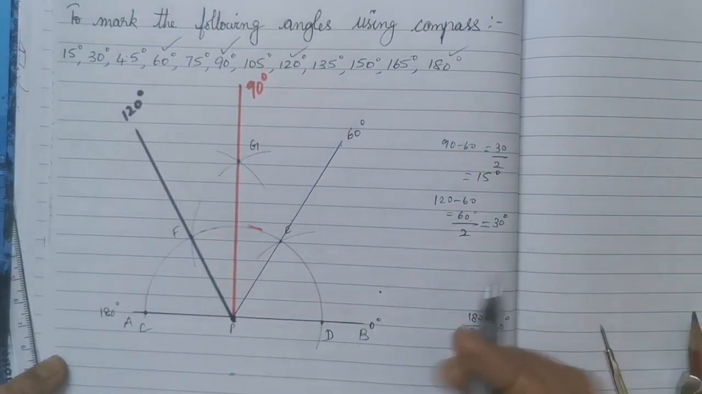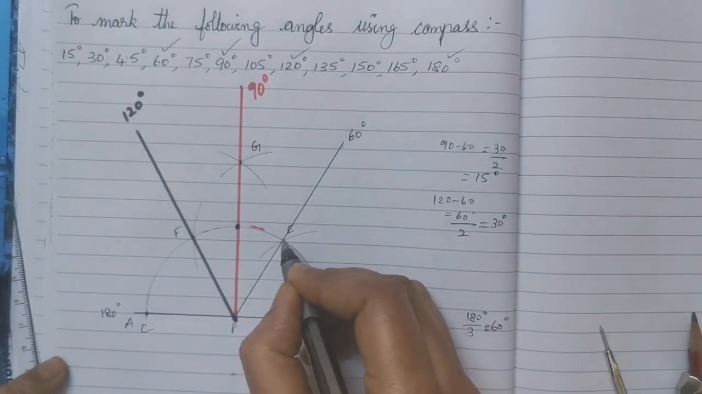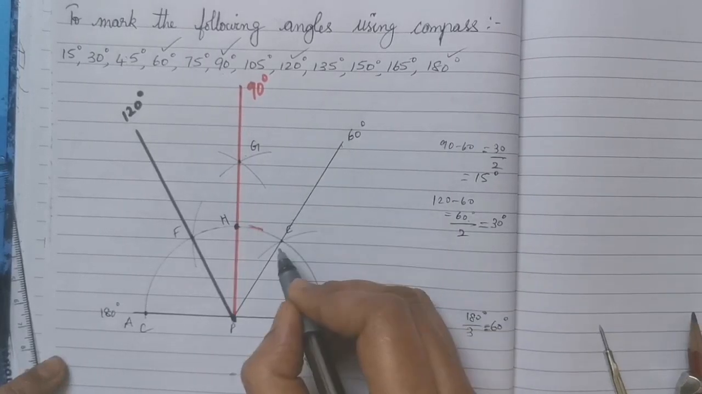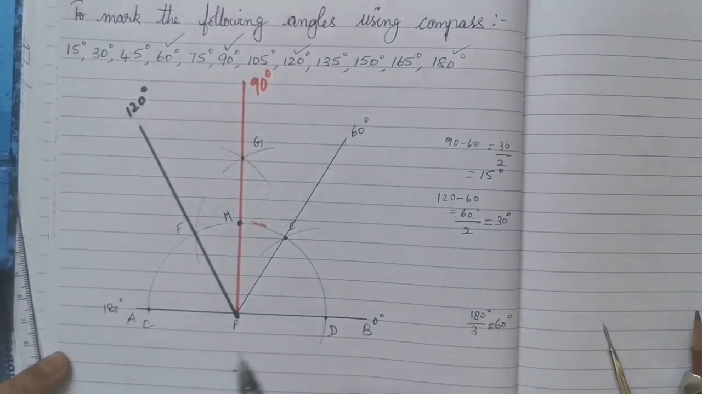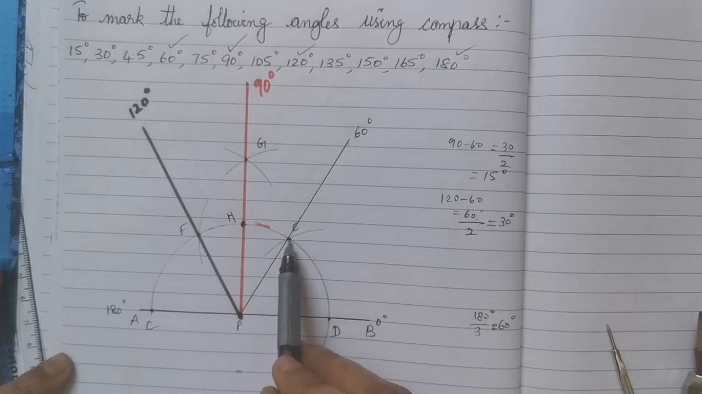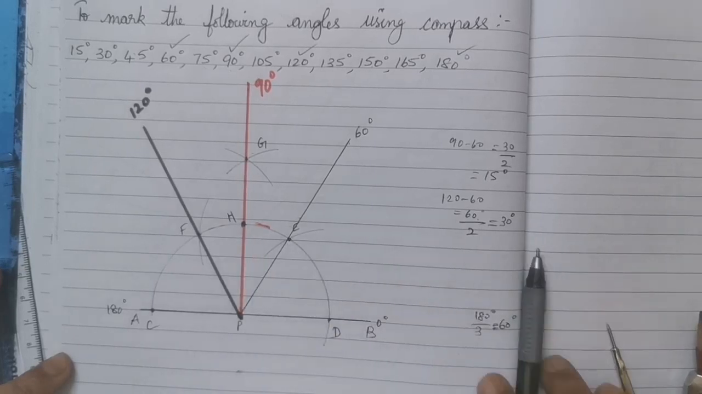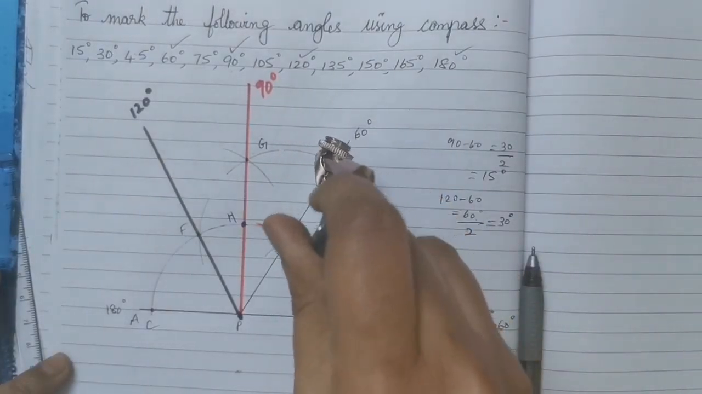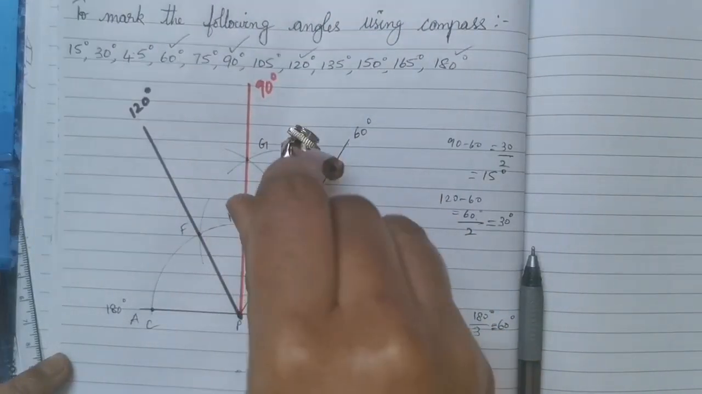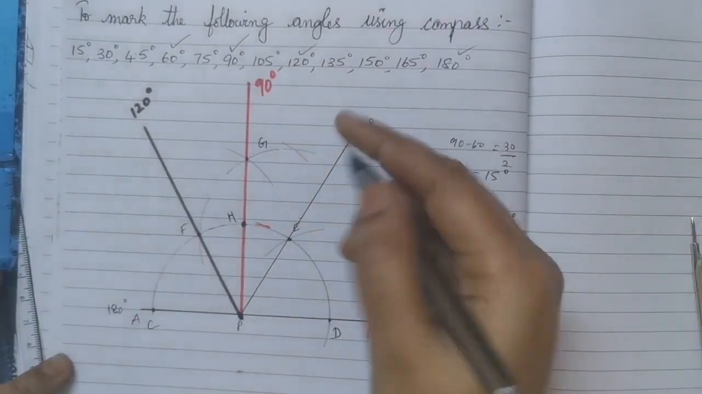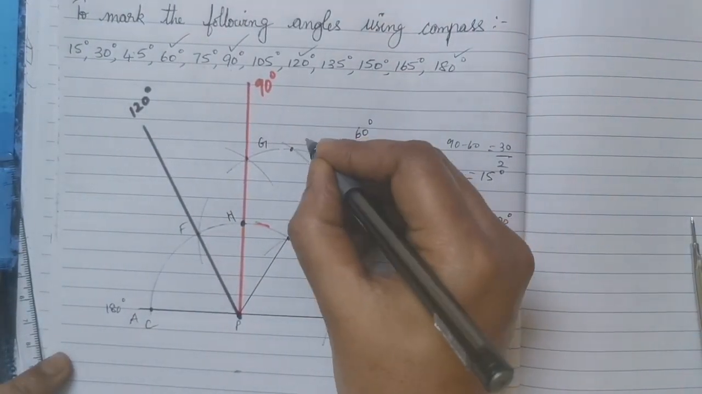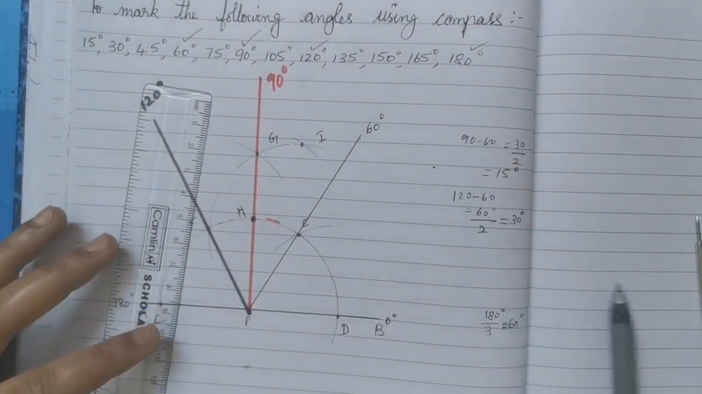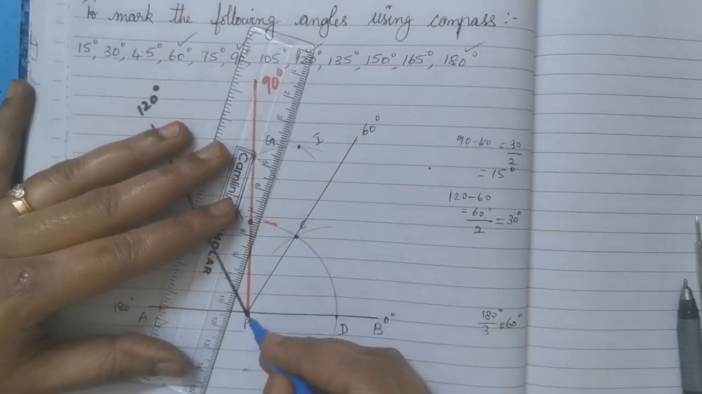So we have to find where, let's name this as H. So we have to find where we have to keep the pointer and mark the arc. So we have to keep the pointer on E and H. So now I'm keeping it on E, I mark an arc, and from H I mark another arc. The two arcs meet at a point I. So when I join P and I,